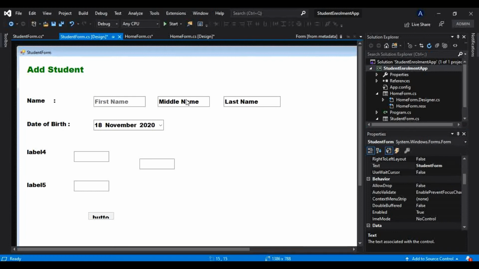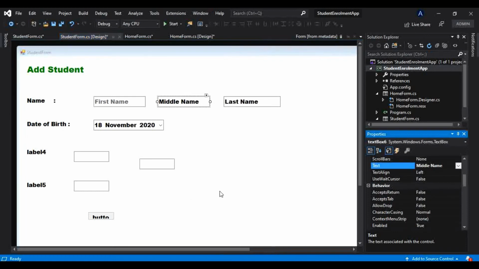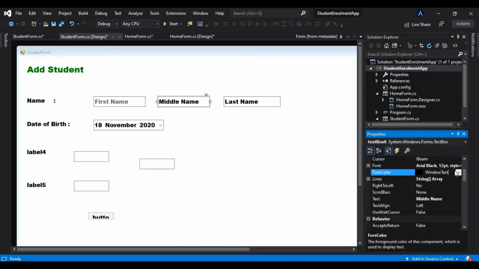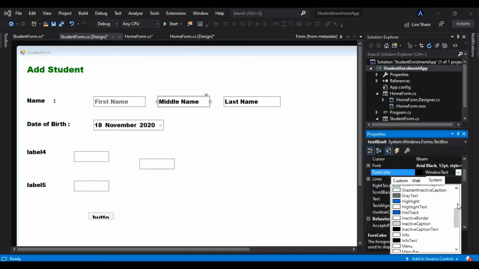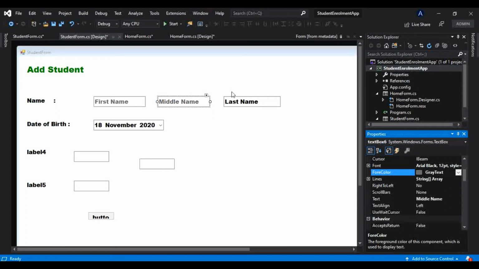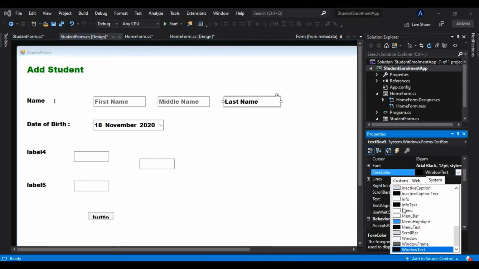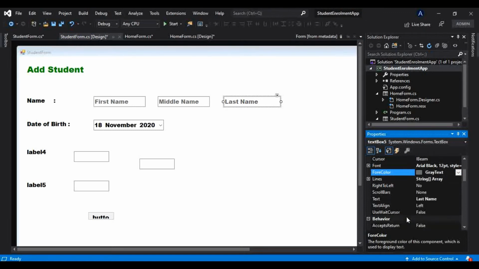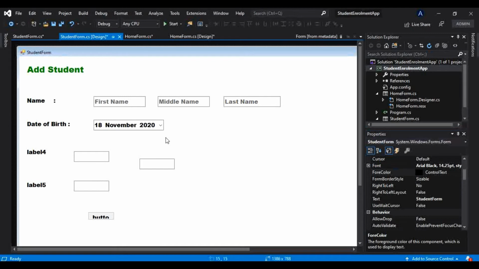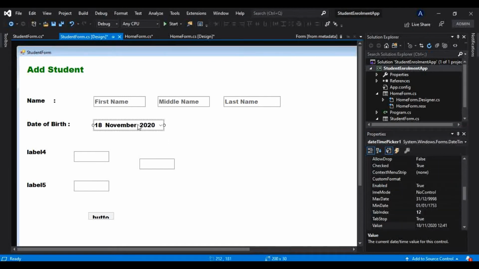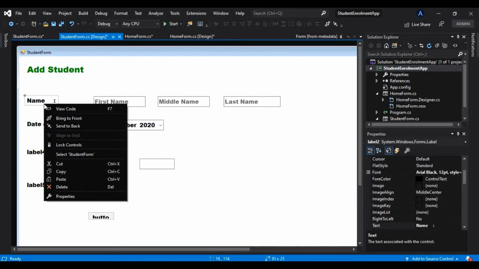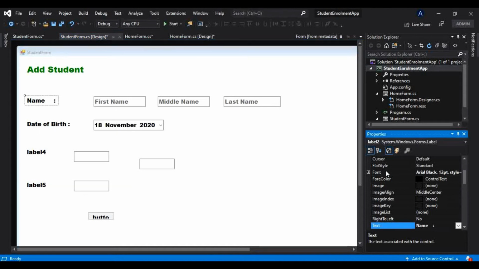Okay, and also I want to change the color here as well. I will make that gray, and similarly here as well. So gray text. Alright, and I will make some changes here so that it should look good.